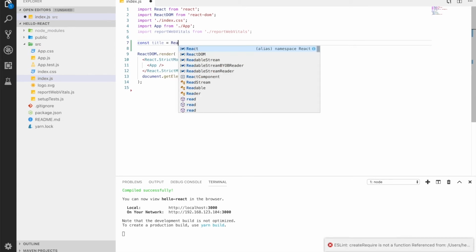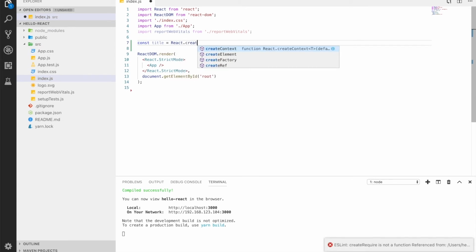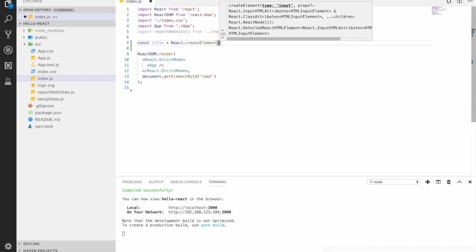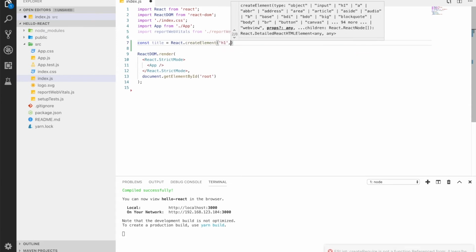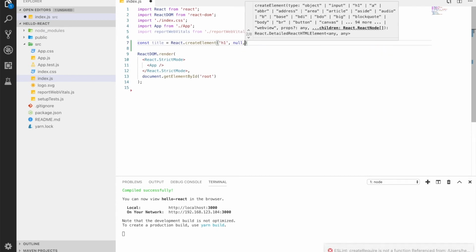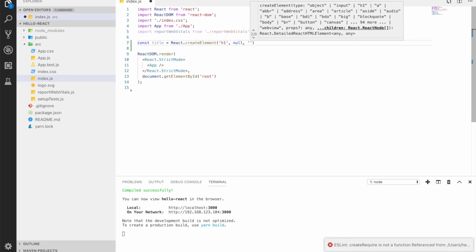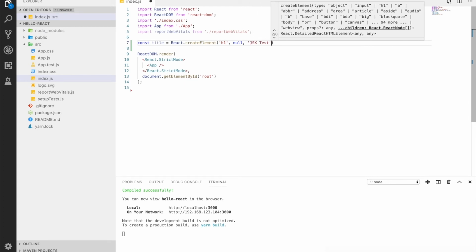When I call React.createElement under the name of title in const, I will send three parameters. One is the h1 tag, and I will give a separate attribute, and here I'm going to put the name JSX test.